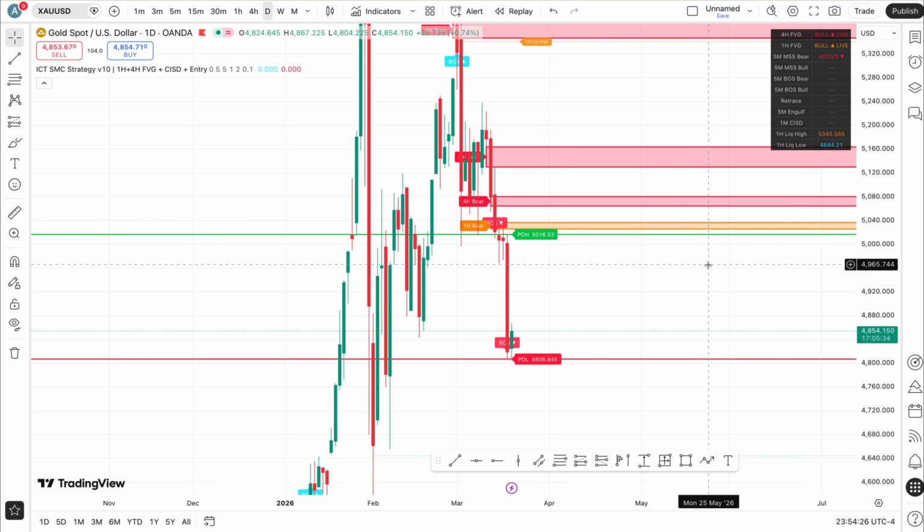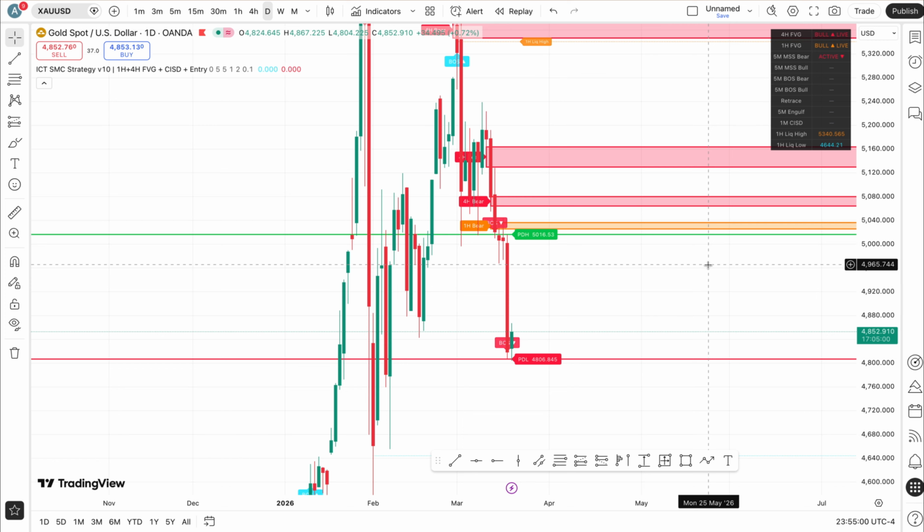Now let's start with the fundamental context. Yesterday was a major event day for gold, which is why we did not trade and there was no analysis video yesterday. We had both PPI data and the FOMC rate decision, where the Federal Reserve decided to keep interest rates unchanged. Following that, gold experienced a massive sell-off of nearly $150, and if you see, the whole of yesterday has made almost $300, which is significant